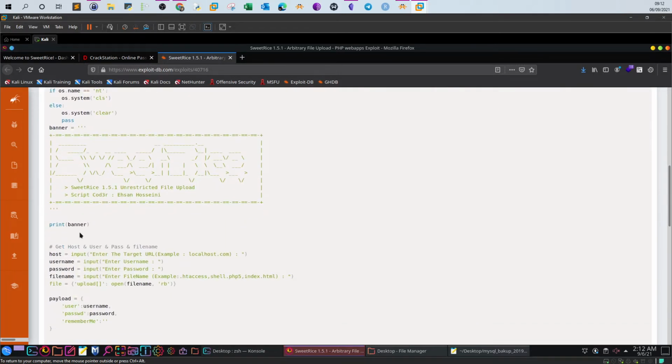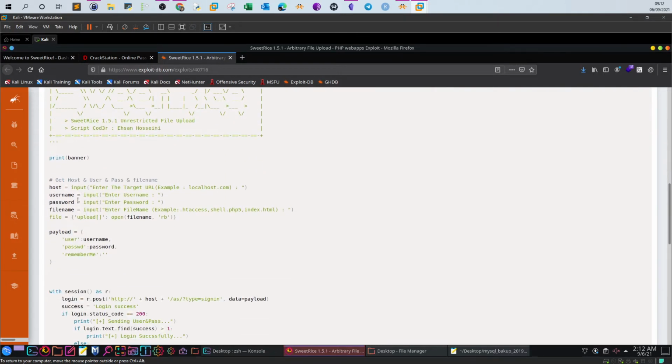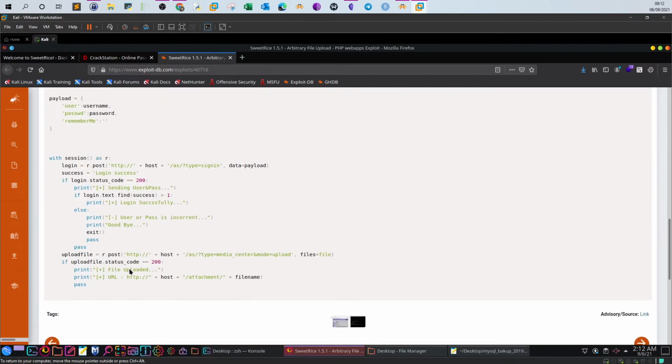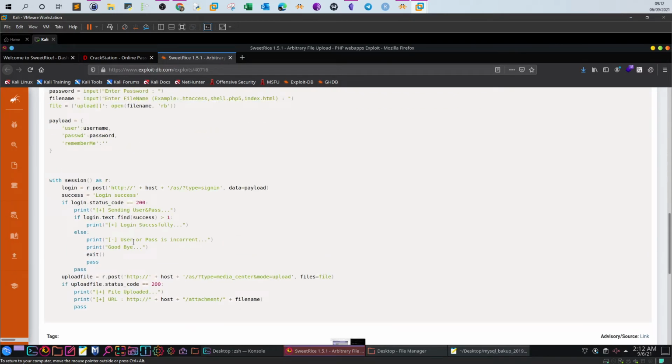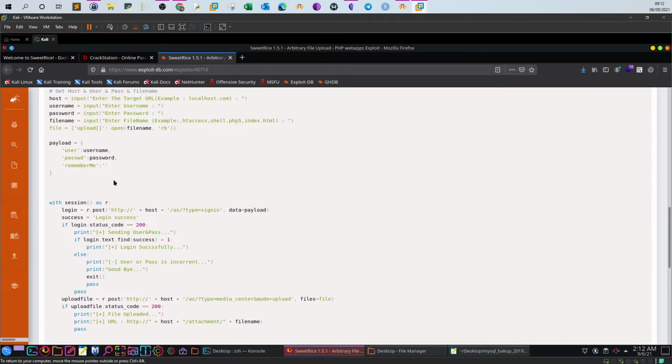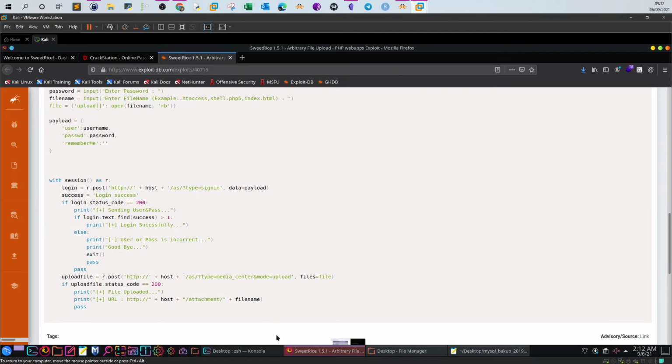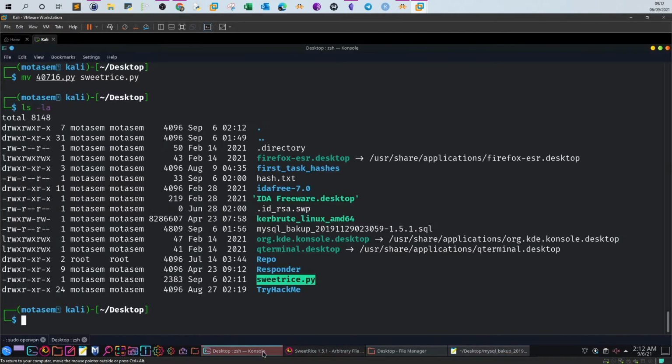So basically we run that exploit and we provide it with the username, the password, the host, and the file we would like to upload. And login success. So here we have to set up a listener as well. So let's define our reverse shell. Let me first mount